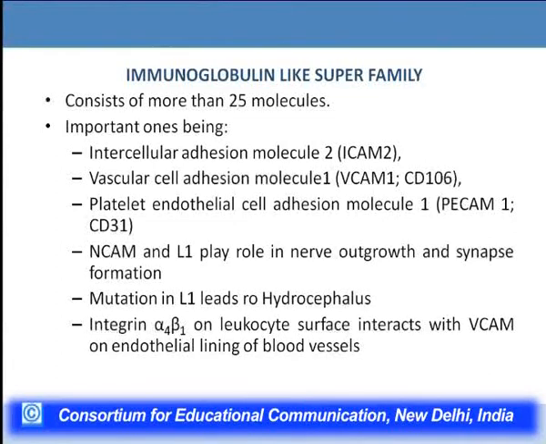Now, there are certain molecules belonging to this family, certain proteins like NCAM and L1, which are not necessarily playing a part in immune function. These molecules play a role in growth of the nerve and synapse formation. It has been seen that during the growth of the nerve cell, the axon cone moves towards specific regions, and for that it requires the presence of NCAM and L1 protein. It has been found that individuals who have a mutation in their L1 gene